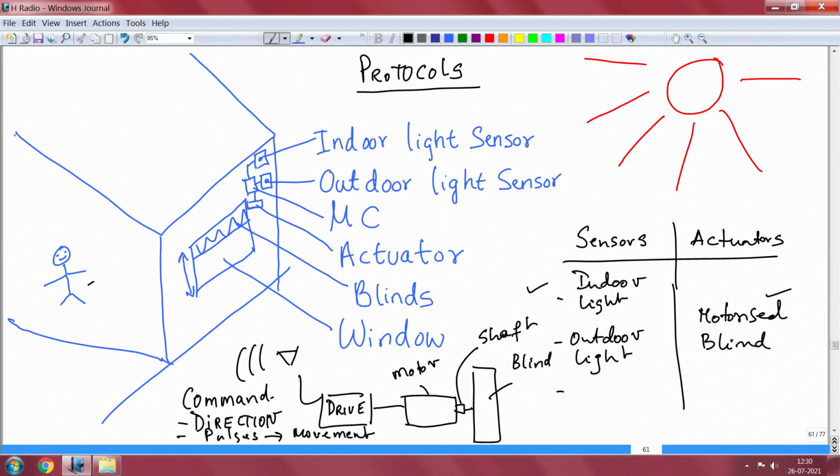So, who should do that? What does this IoT node look like? We will build the story and see how it should be done. That is the first part, as far as the actuator IoT node is concerned.